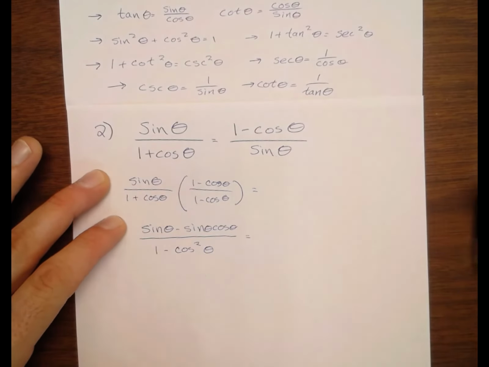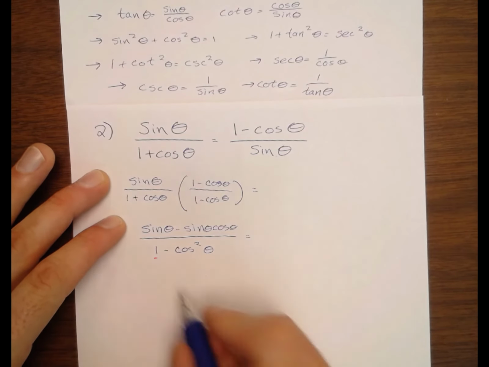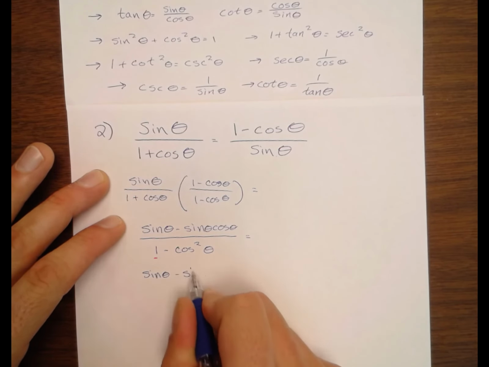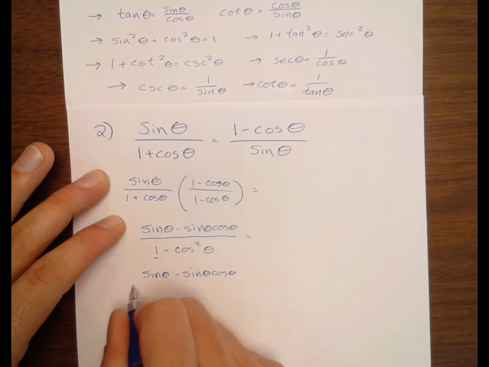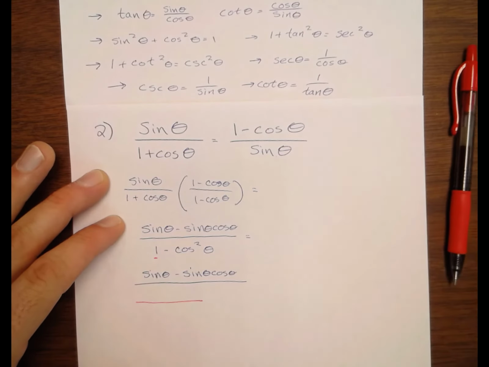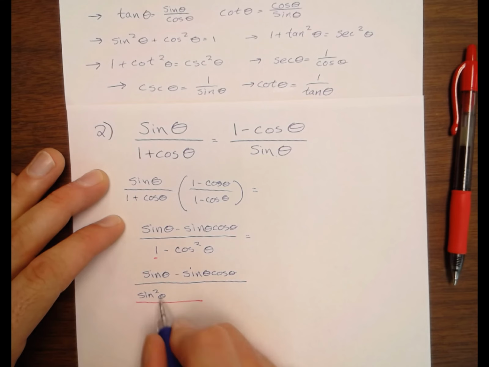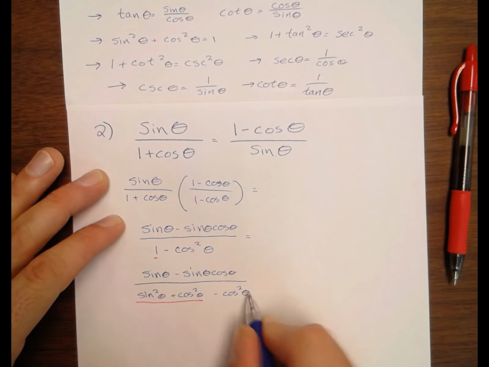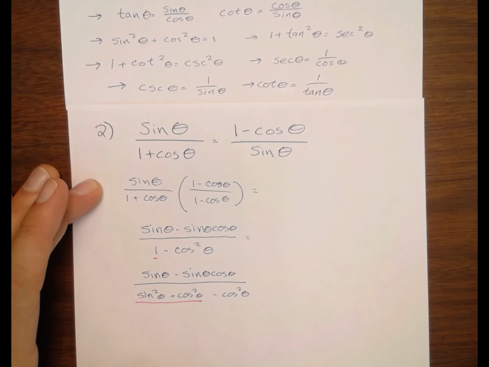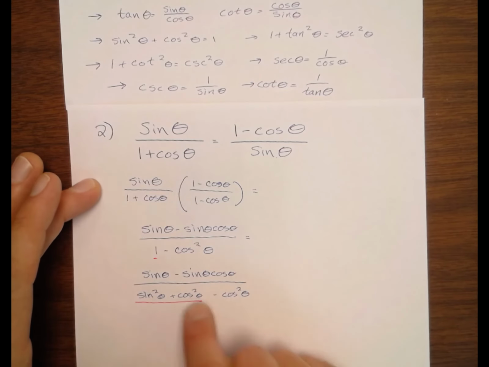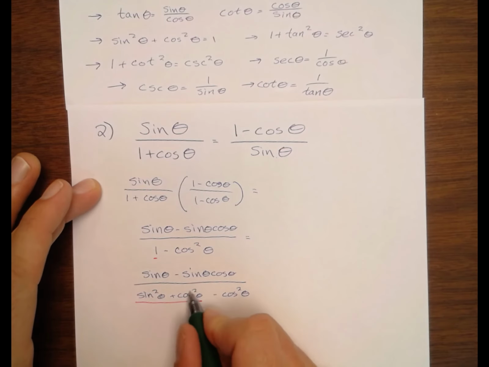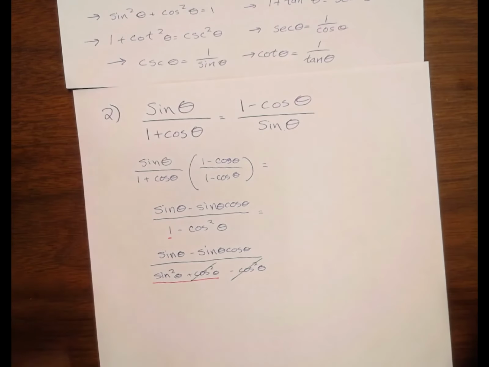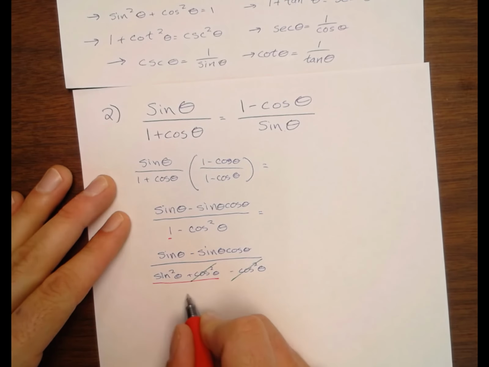Next, this 1 right here, we can think of as really sine squared plus cosine squared. So the numerator stays the same, but in the denominator, instead of this 1, I'm going to substitute in sine squared theta plus cosine squared theta. And that's really convenient because positive cosine squared theta and negative cosine squared theta cancel out. So cleaning this up a little bit, I have,